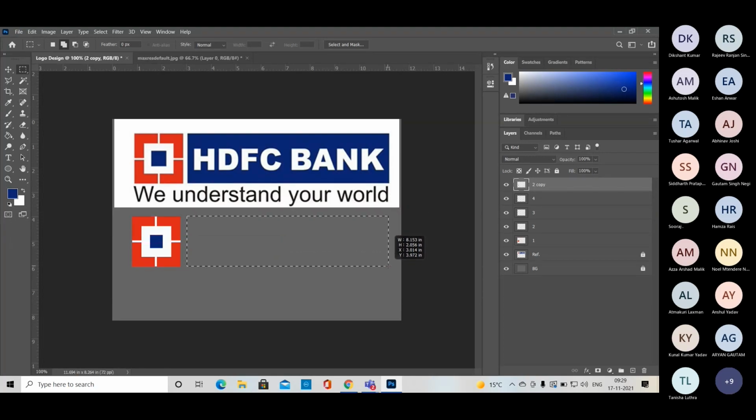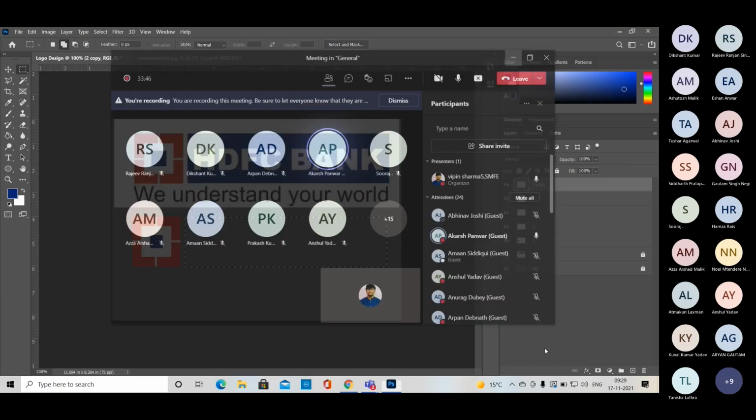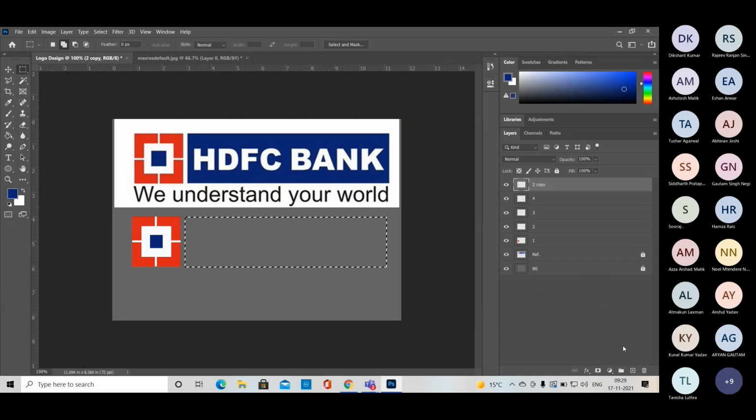Right? Nearby. Place it with the help of the spacebar. Without the spacebar, you cannot use it. Right? Now I want to fill the color, so I have an option: I have to take another layer. So when we want to edit a particular layer, we can easily edit it.